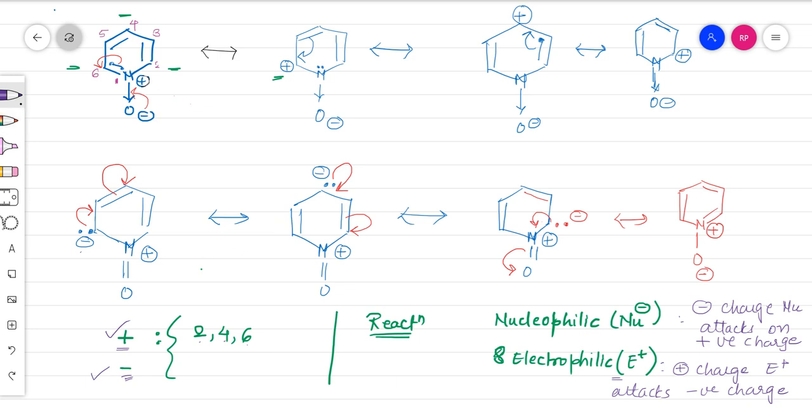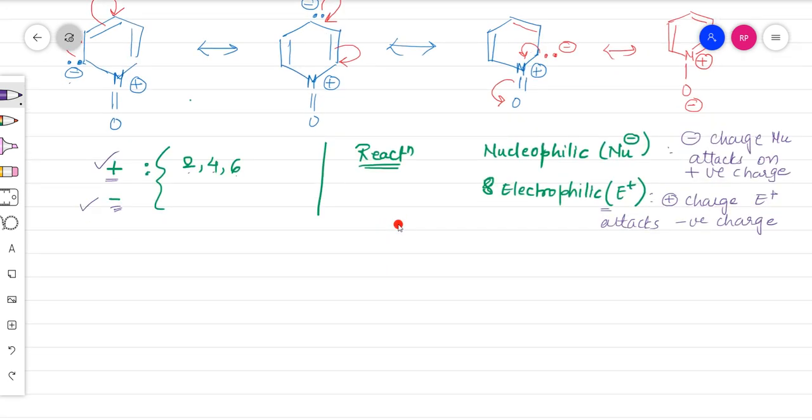Yes. So it undergoes what? Both nucleophilic and electrophilic substitution. So write this down. This is your MCQ question. Pyridine N-oxide undergoes both